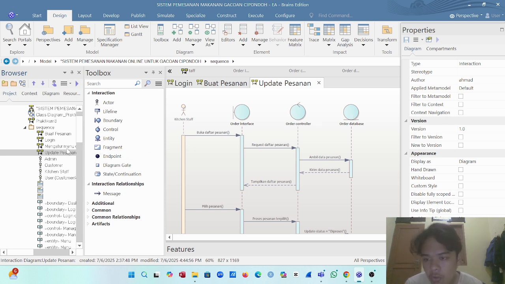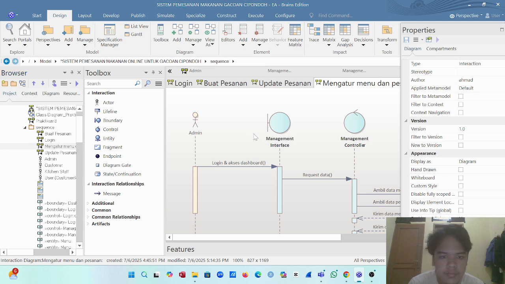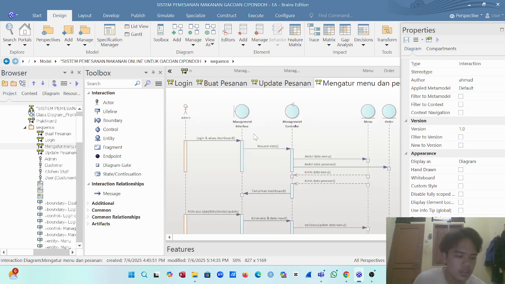Next, number 4. Manage menu and order sequence diagram. This diagram illustrates how an admin interacts with the management interface. They request menu and order data, which the controller retrieves from the menu and order entities.